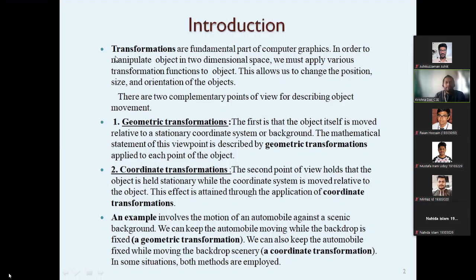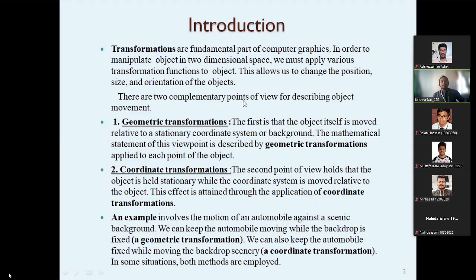This is a very important concept for computer graphics, because these transformations are a fundamental, primary part. You understand the image so far with the object, and now the movement of the object is your concern.